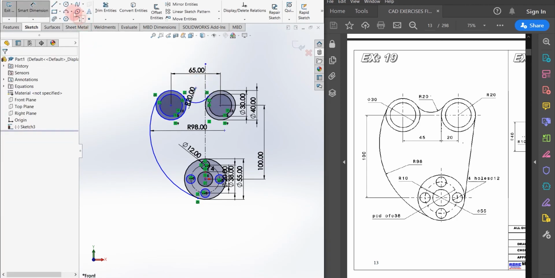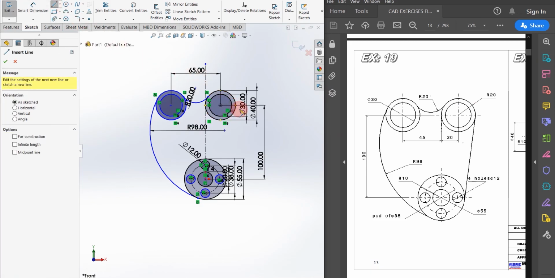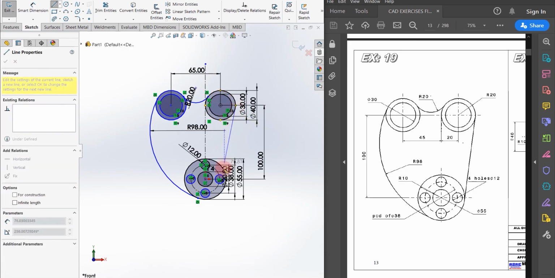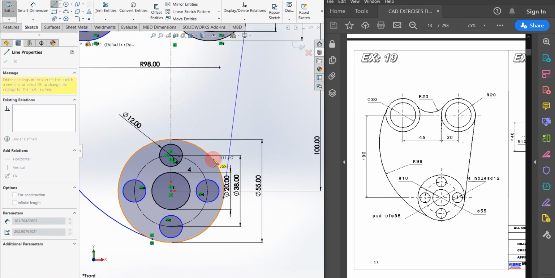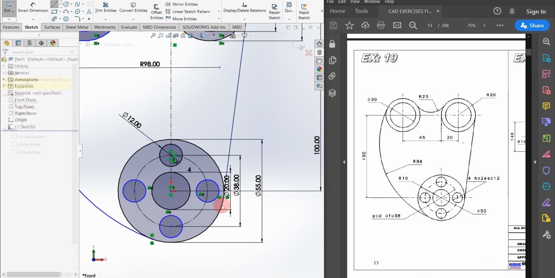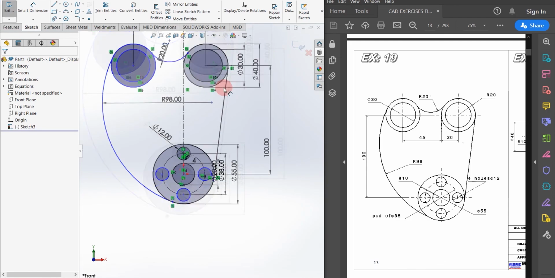Now I have another curve here joining these two circles. Actually that is a line, so I am randomly constructing a line. Automatically you can see that the tangent relation is established.